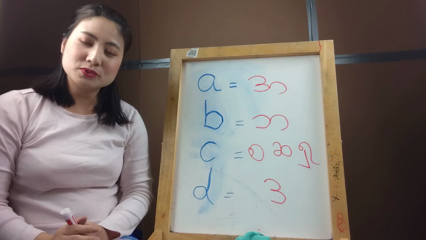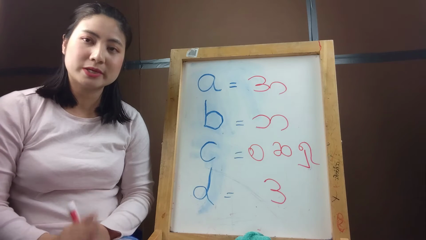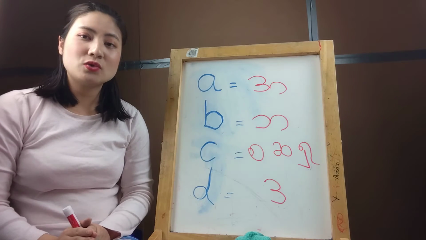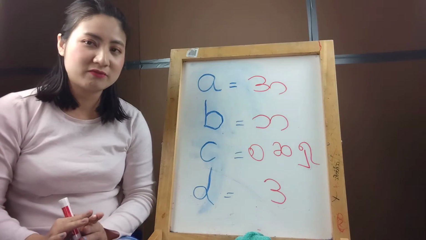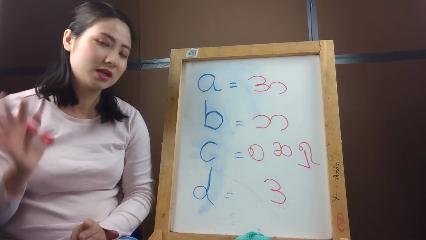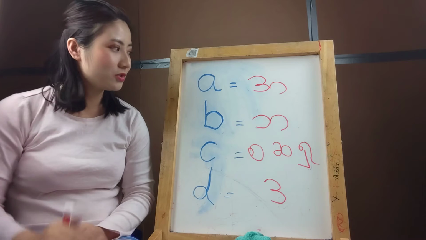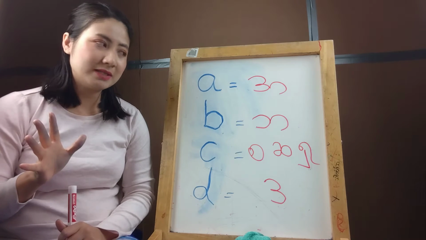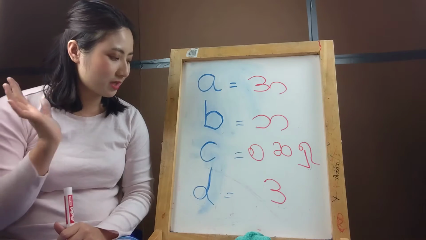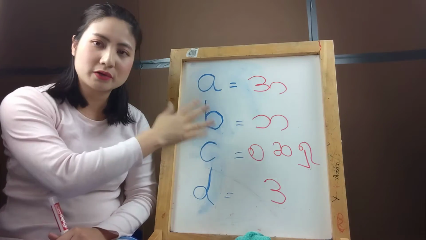My name is Namu. Today I'm going to teach you a way how to remember the Korean alphabet easily. So you have to memorize the Korean alphabet by looking at the English alphabet. So when you see the English alphabet, you will remember what it looks like in Korean. Okay. Today we will start with a few alphabets. I will start with the English version, and then we can go to the Korean version.